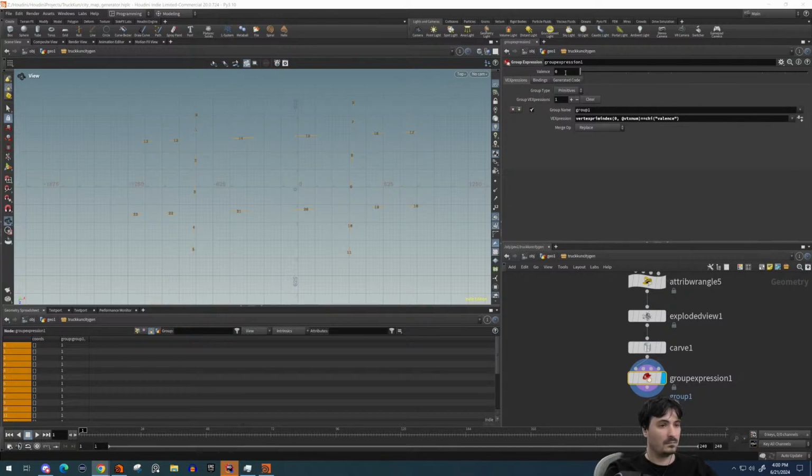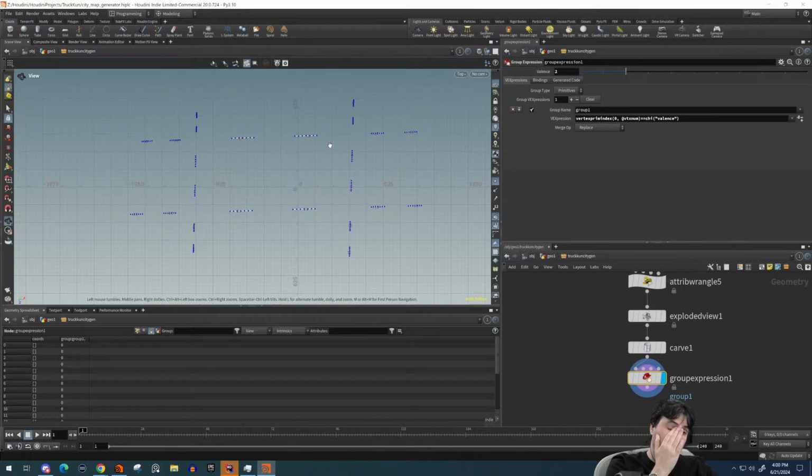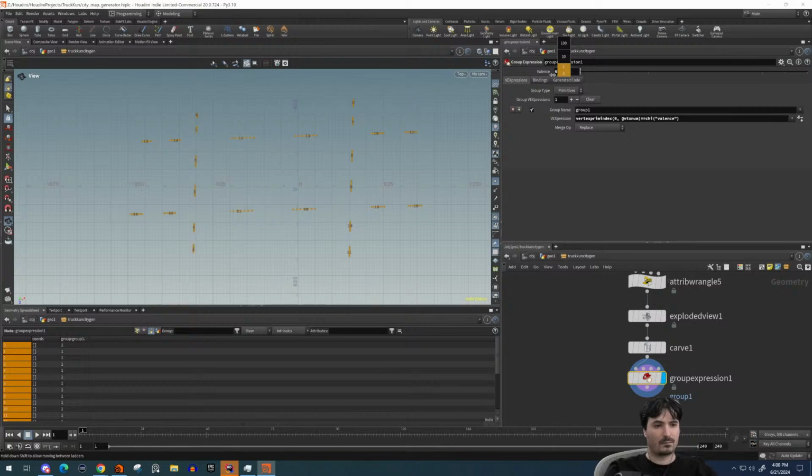As you can see, for now, it's selecting not the points that we want. So to make it work properly, we will use fuse node, and this one